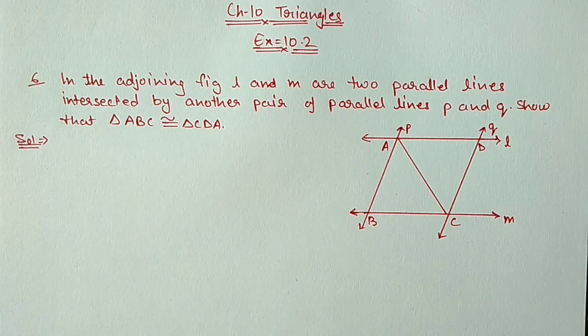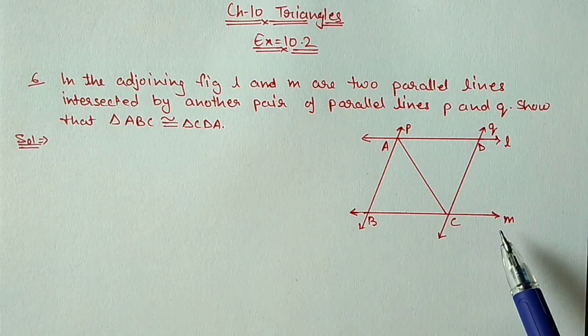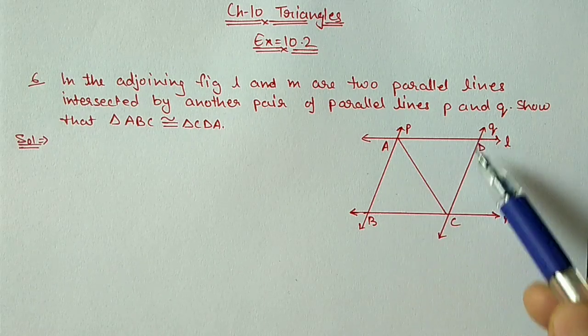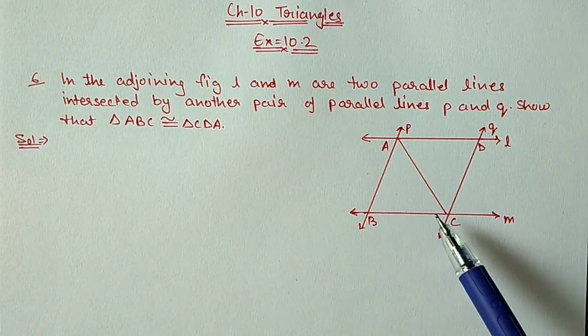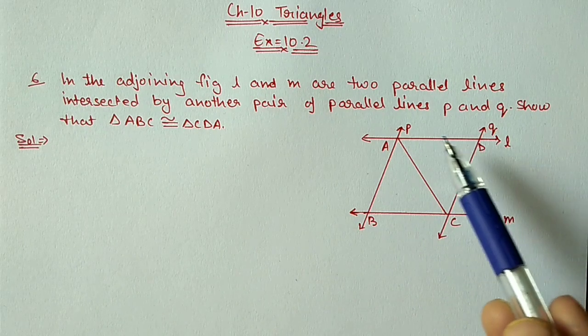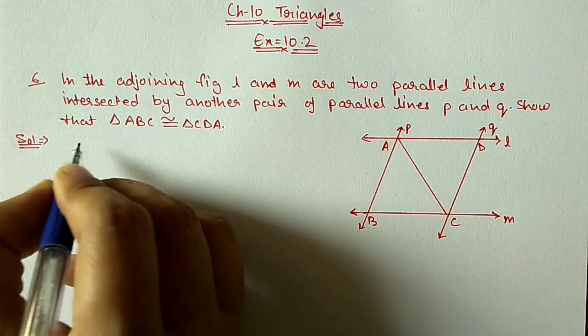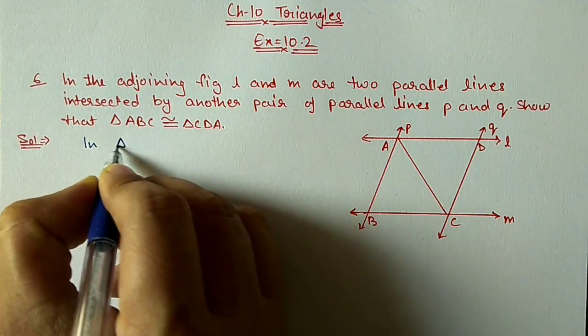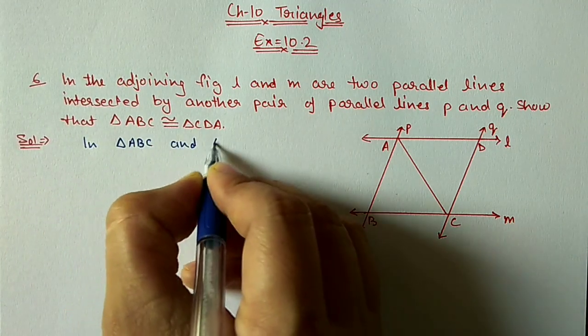Question number 6, in the adjoining figure L and M are two parallel lines. These two are the parallel lines and another pair P and Q are the parallel lines. We have to show that triangle ABC and triangle CDA are congruent to each other. So first we will take these two triangles. In triangle ABC and triangle CDA,